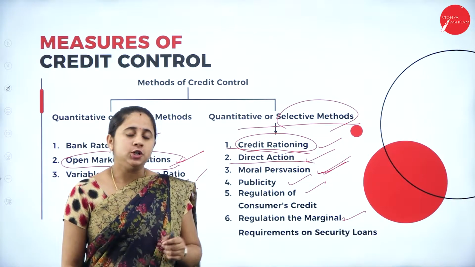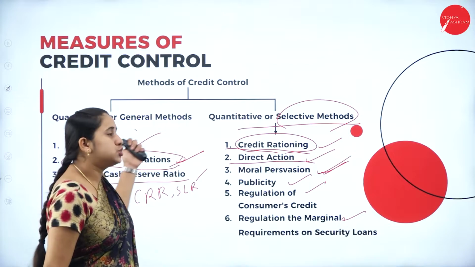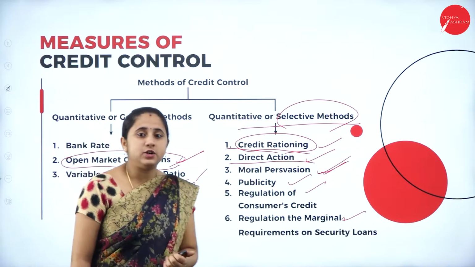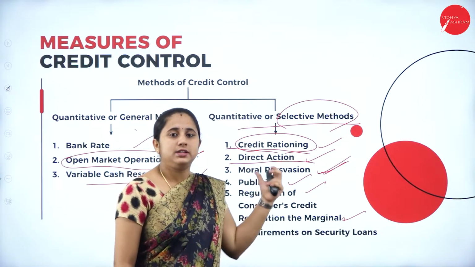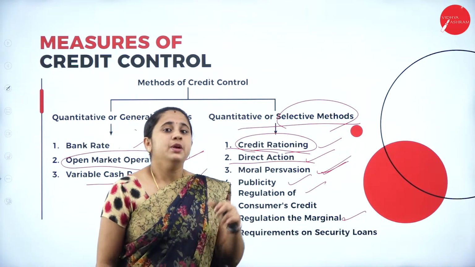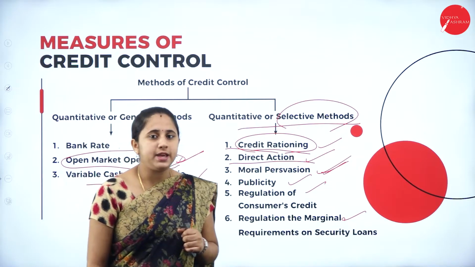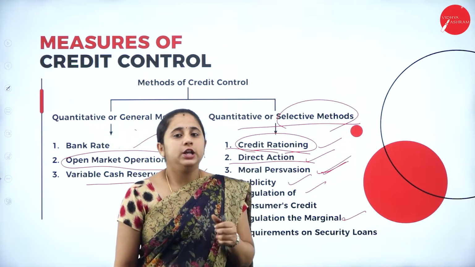Under direct action, RBI can use either quantitative or qualitative methods, that is, general or selective methods. Using any method, they control the credit system. If the commercial bank fails to follow the instructions given by the RBI, the RBI has the sole power to